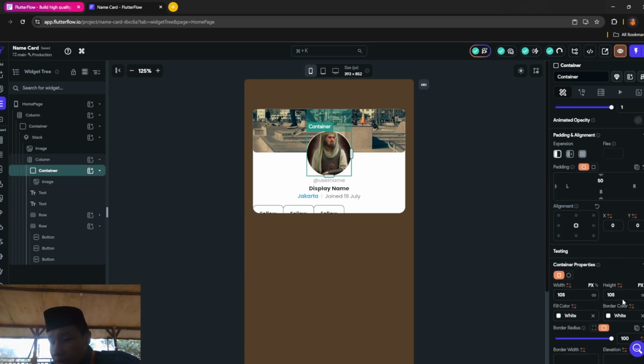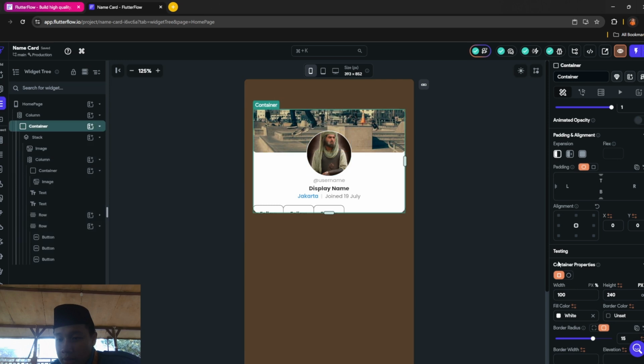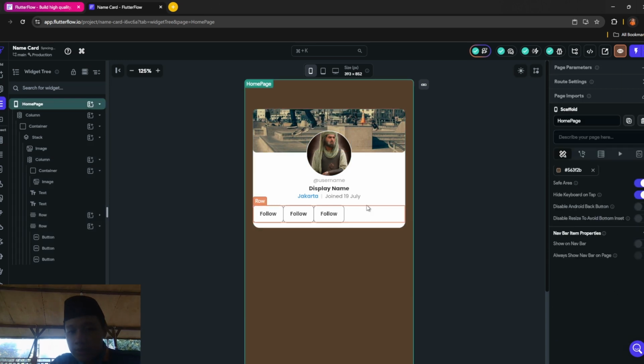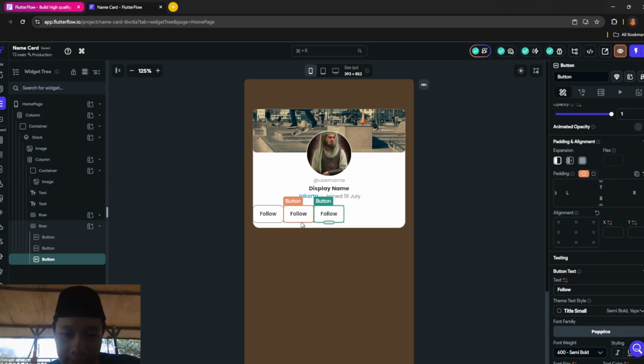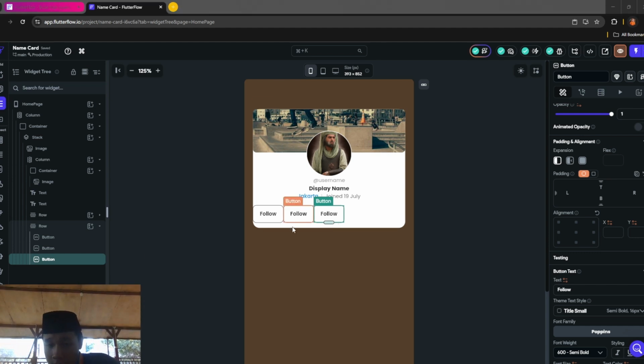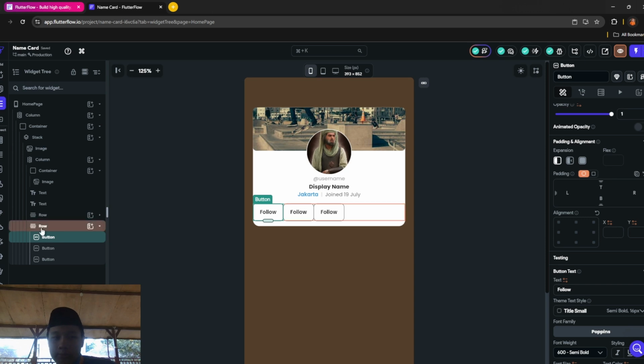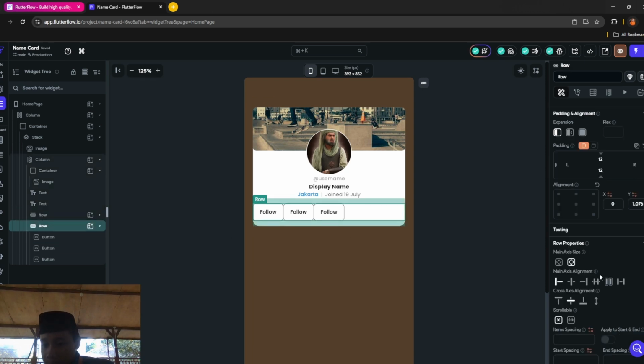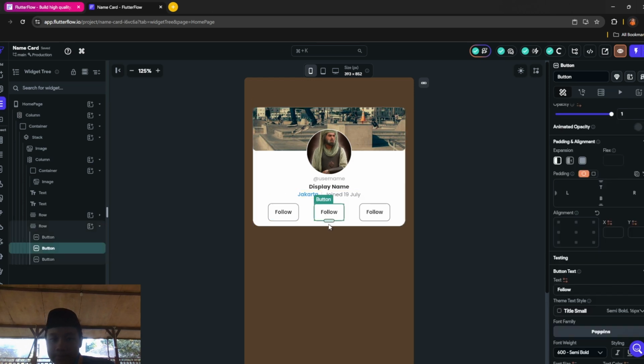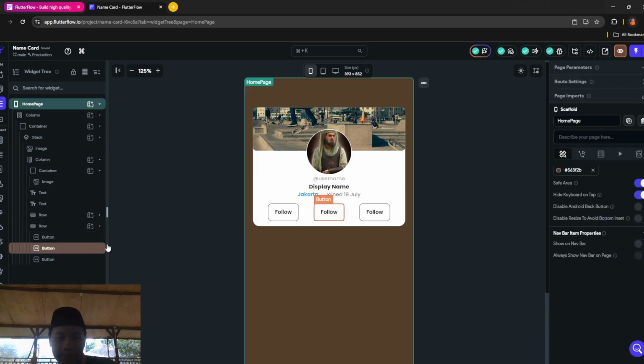For this container, you want to add the height, boom, like that. And then after you've done this, you want to make the buttons spaced like that. So click this row, and then space, boom. It should be like that.